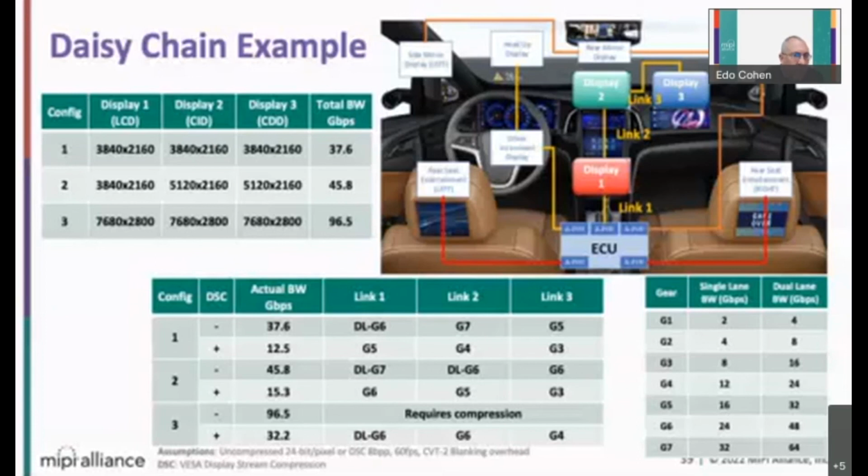In a similar manner, you can reach up to, for this example, 96.5. After applying the DSC, it is compressed to 32.2. And then with the dual link Gear 6, you can support the whole bandwidth, then reduced to Gear 6 and Gear 4 based on the different displays.